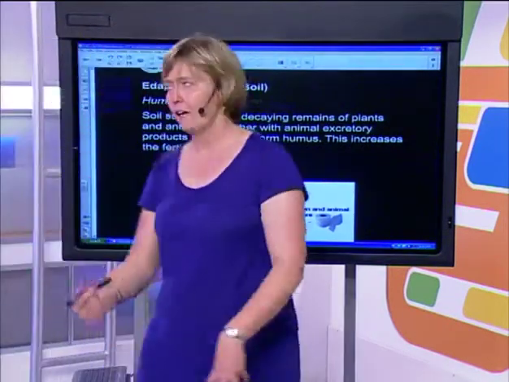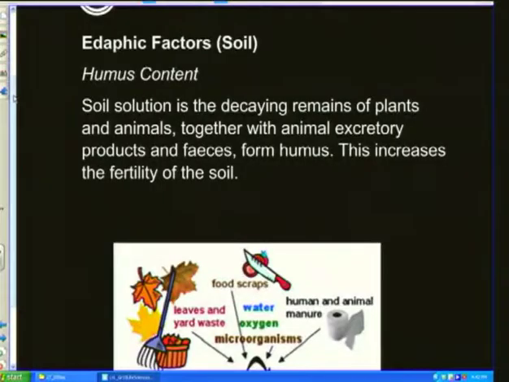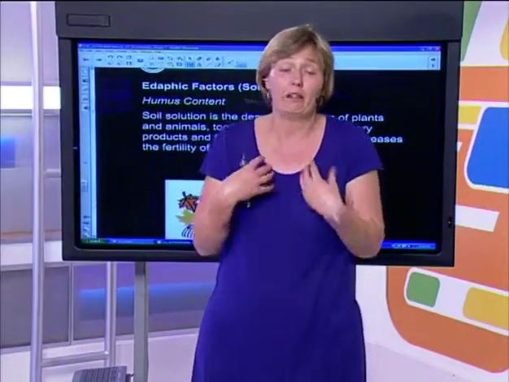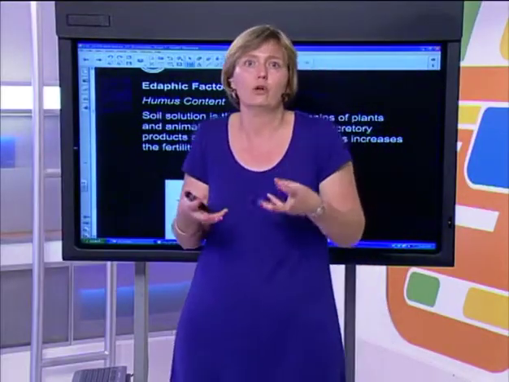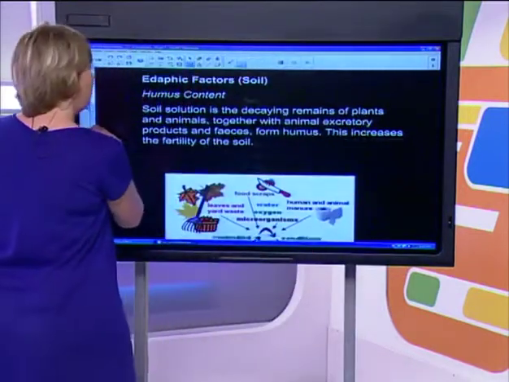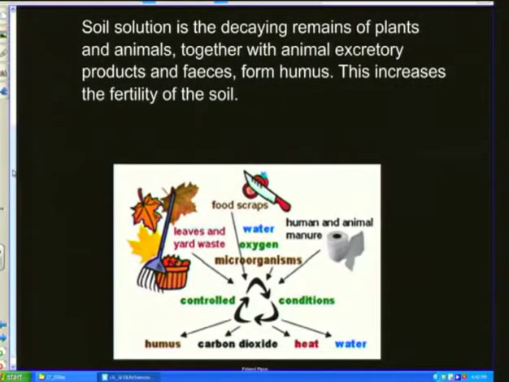Back with soil. So, edaphic factors. Humus content. So I said to you, loam has got soil, sandy parts, it's got clay parts. What is the most important thing? I think the most important part of soil is this thing called humus. It's the organic stuff. It is the decaying remains of plants and animals,